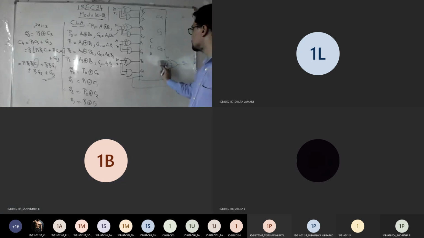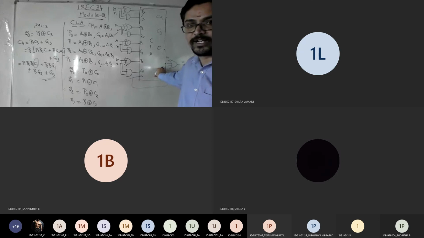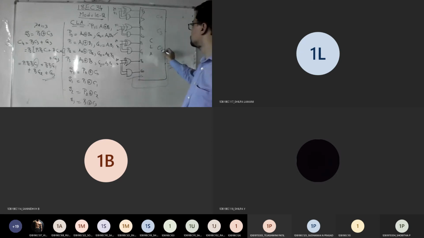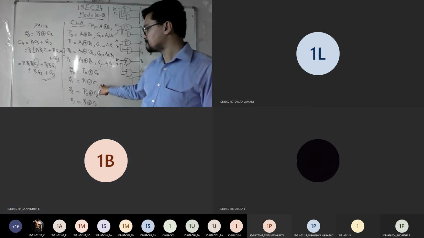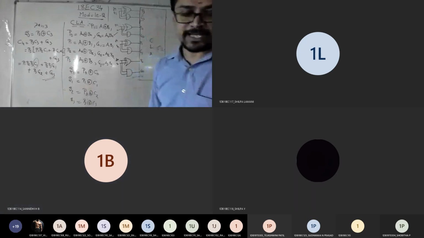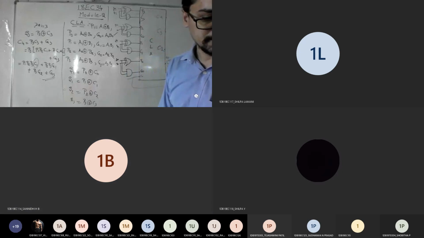So you don't mention C1 here because you are getting it from C0, right? So C1 is this. It is inside, C1. So no need to write a C1 representation for this. So C2, yeah, how to write S1 now? P1 XOR with C1.